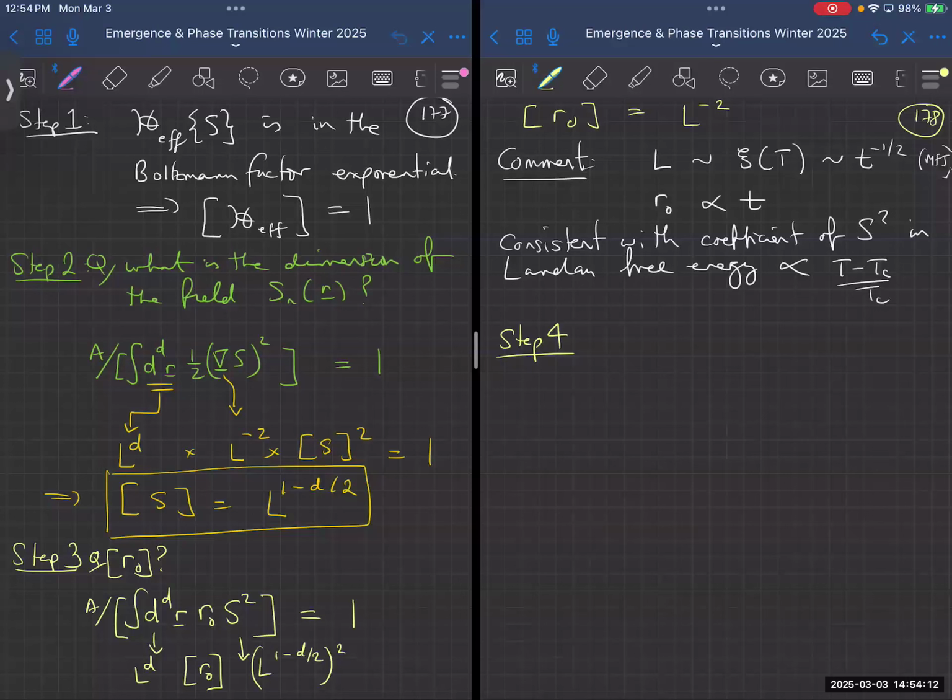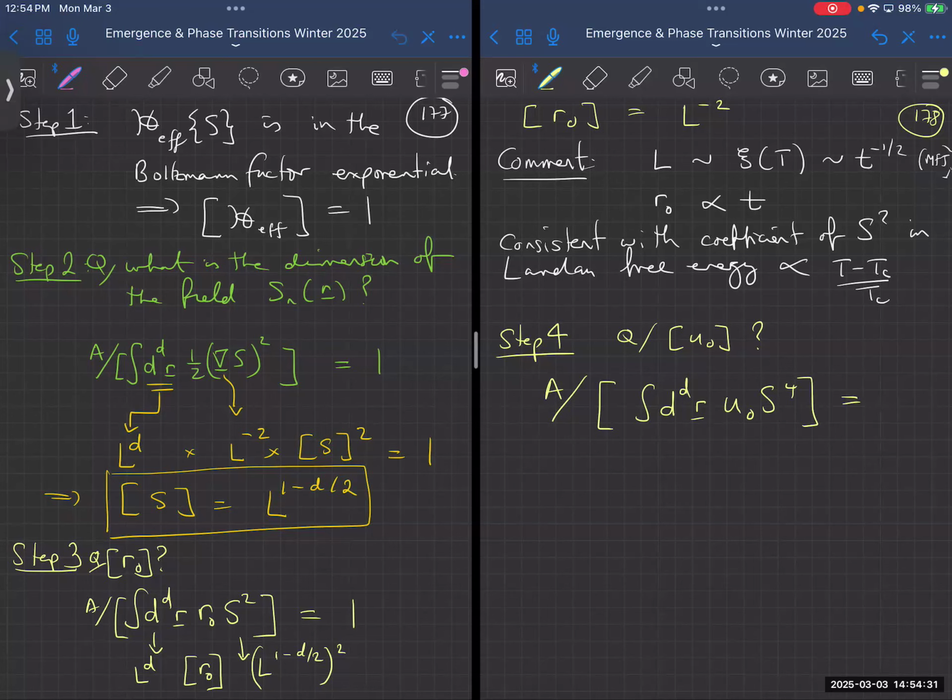So now we're going to look at the dimensions of U naught. So we do the same trick. So we say, well, I've got to look at the dimensions of the integral ddr U naught s to the 4,